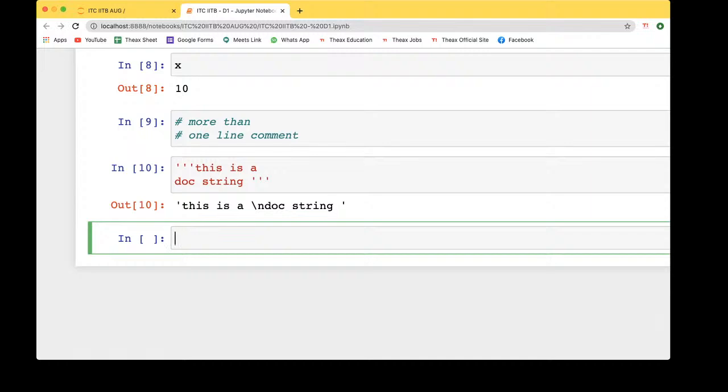But if you work in a different IDE, like PyCharm, or the official IDE of Python, and you write this as a doc string, it works as a comment. But in many cases, if you write like this, it is a string. That is a difference. So Python comments, I think you are clear on it.